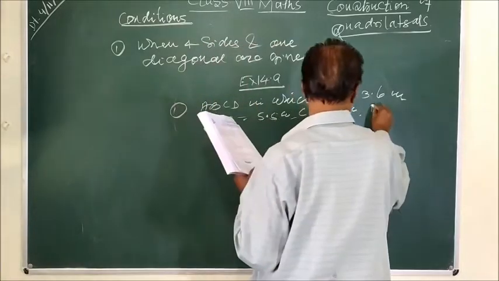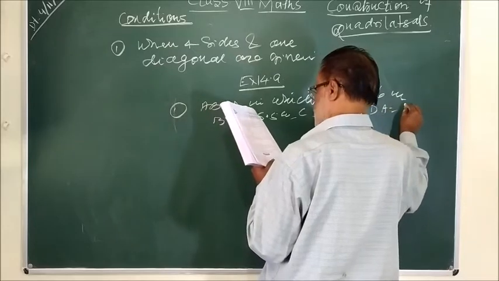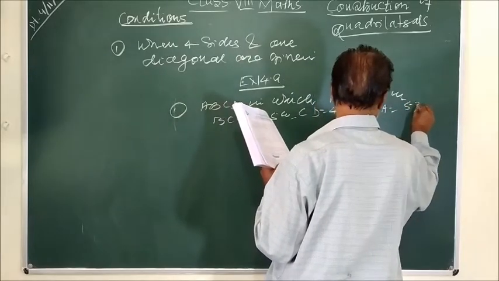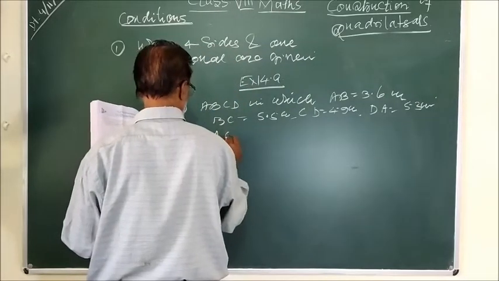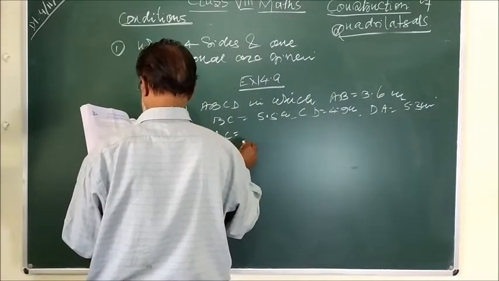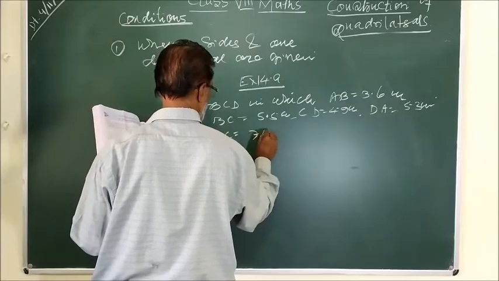These are the 4 sides. DA is equal to 5.3 cm, and a diagonal, you know very well, is the line segment joining the